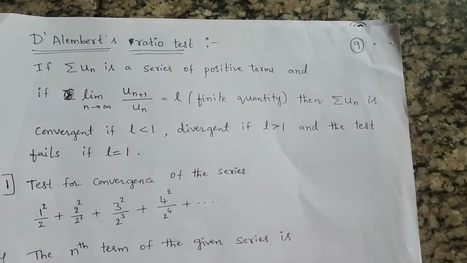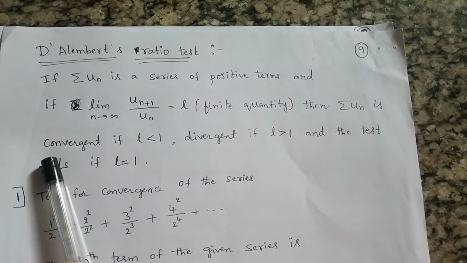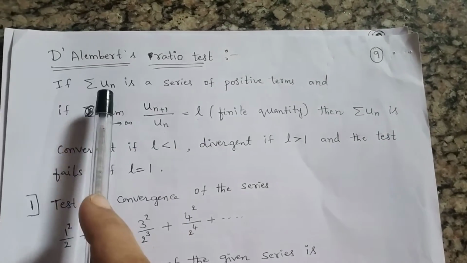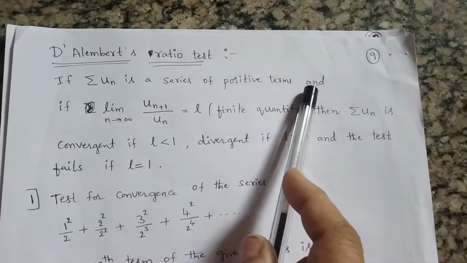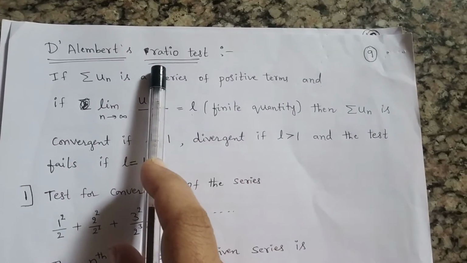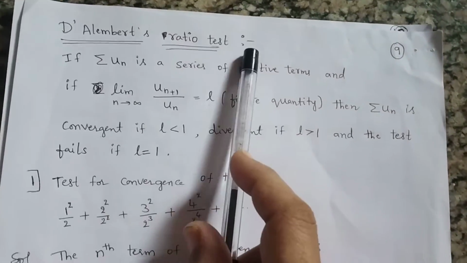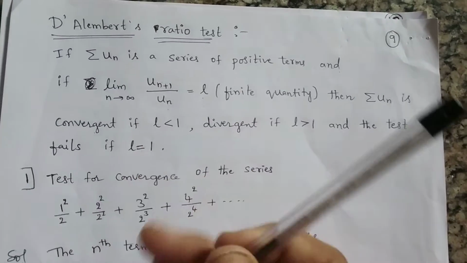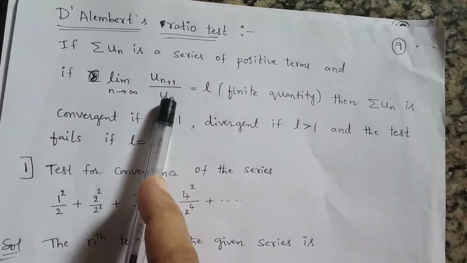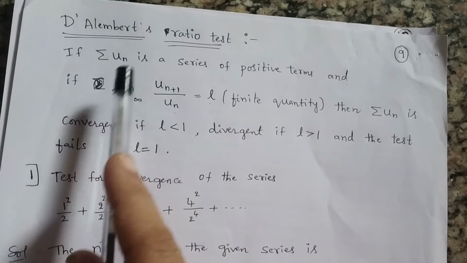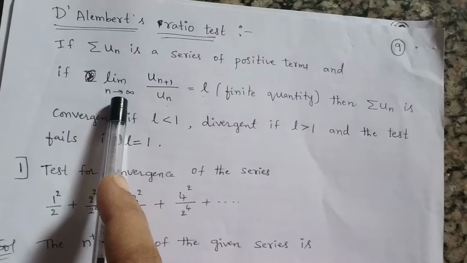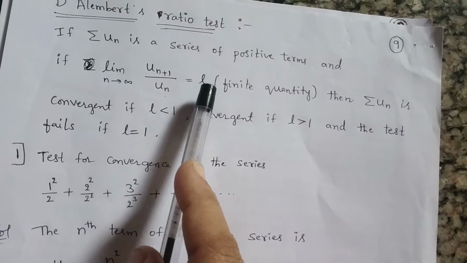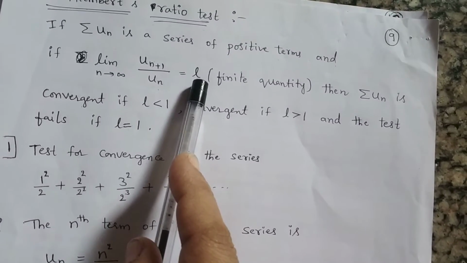Hello students, today in this class let us find how to find the nature by using D'Alembert's ratio test. If you have an infinite series of positive terms, then to find the nature by using D'Alembert's ratio test, first what we have to do is identify un, that is called nth term of the given series. Find un plus 1. Later apply limit as n is tending to infinity. Identify the answer. Simplified result is nothing but your result. Find the value. After finding the value, observe the value.